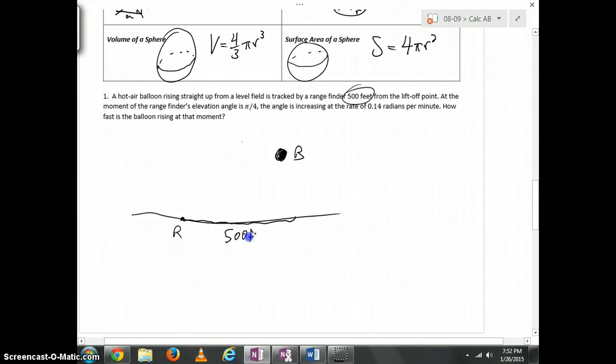This rangefinder, we could say over here, R though, is in fact 500 feet from the point of liftoff. I hope it's obvious that the 500 feet is in fact fixed. This rangefinder that is going to be measuring an angle of elevation, and we're going to see that in a moment, will always be 500 feet from the point of liftoff. But it says at the moment